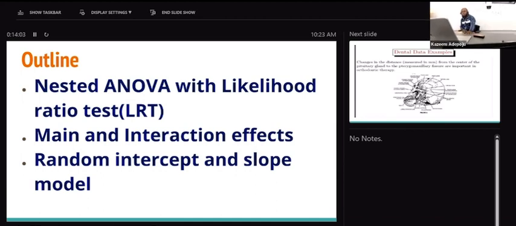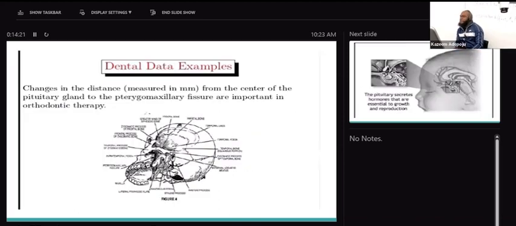Now, you know what I want to do? I want us to focus on the example that I used in this class the other time. That example has highly significant biological stuff. Take a look at this. We're talking about data where we're looking at the distance from the center of the pituitary gland to the pterygomaxillary tissue, which are very important in